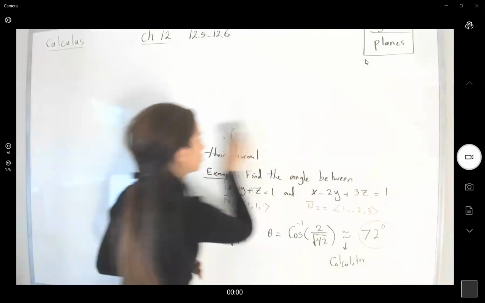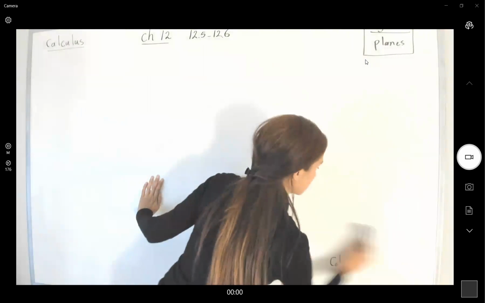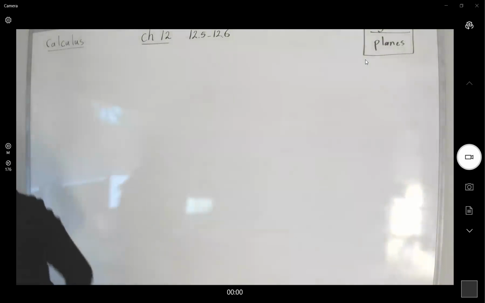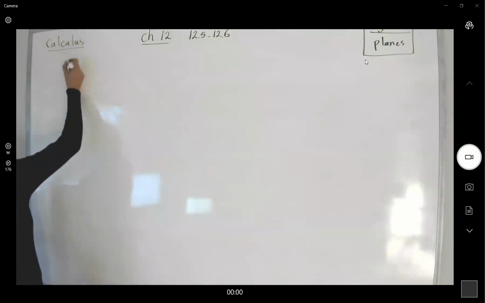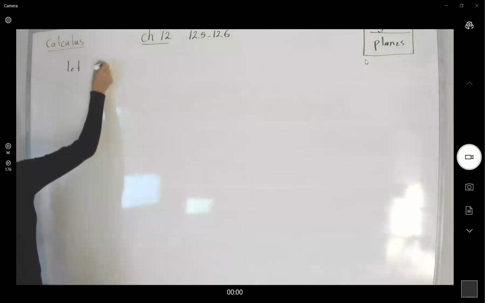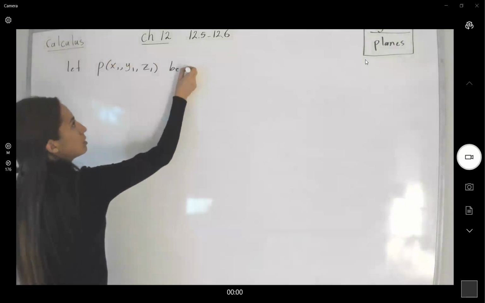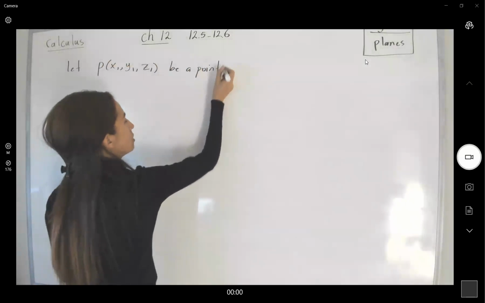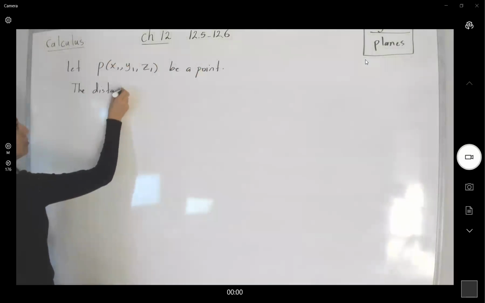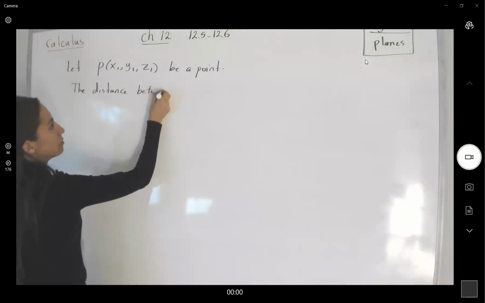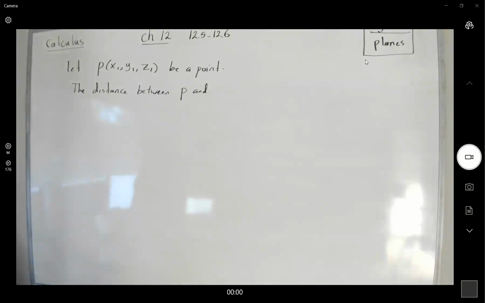So the distance formula says, if you have a point P (x1, y1, z1), the distance between P and a plane